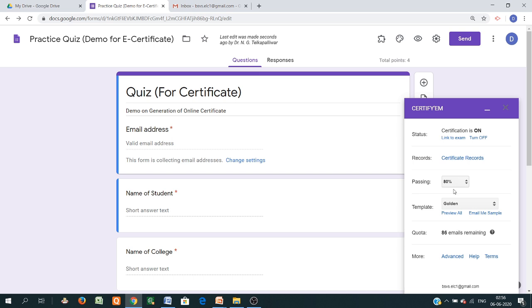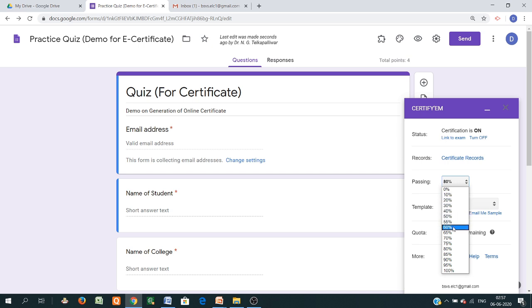Now the next option here is the passing percentage. You can go for different types of passing percentage. Suppose you have created a quiz and want to issue a certificate for 40%, meaning any student who passes above 40% is eligible for the certificate.